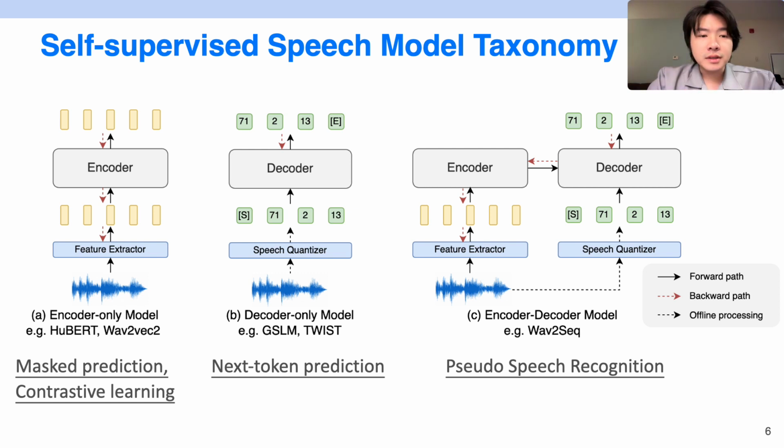The second one is a decoder-only model. This kind of model can be regarded as a speech version of GPTs. The speech is first quantized into some discrete units with a speech quantizer. The quantizer may consist of a speech representation model like HuBERT or wav2vec, and on top of it, there will be a k-means model. These discrete units are then fed into a decoder-only transformer model. Usually, this model is pre-trained with the next token prediction task, just like a GPT model. Then it learns how to do speech continuation to generate some novel speech.